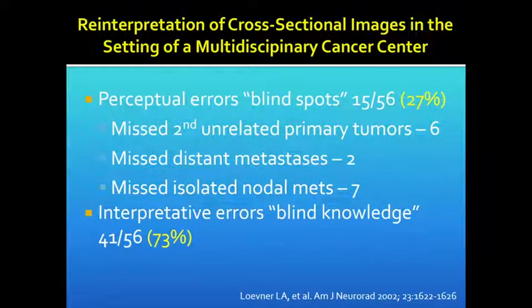clinical or imaging follow-up. Now, the interesting thing is, if you look at the literature that's out there, and I gave you references at the end of this talk, it'll tell you that 60 to 80% of all imaging errors are perceptual, but in the head and neck, I really do believe that many of these are much more likely to be interpretive. And when I went back and looked at our study for perceptual errors or blind spots, only 27% represented perceptual errors. There were 6 missed second unrelated primary tumors, 2 patients with distant metastases that were missed, 7 missed isolated nodal metastases. But the interpretive errors, the blind knowledge, the errors where the finding was seen but not interpreted correctly, represented 73%